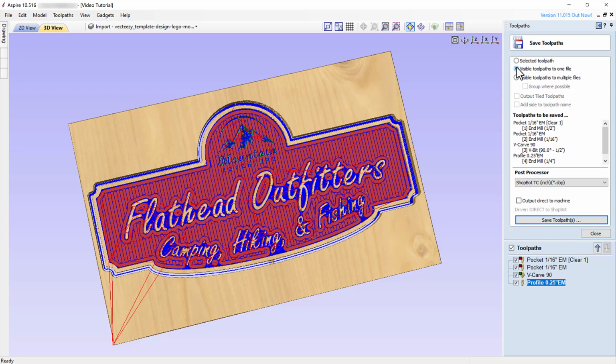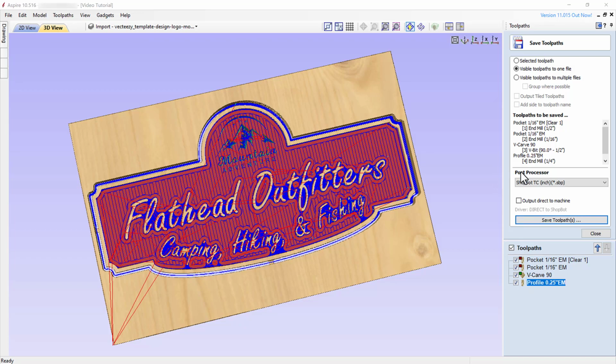If the tool numbers are all the same, you may not get a prompt, and your project will most likely be incorrectly carved and probably ruined. For our example, I will select the option to save visible toolpaths to one file, making sure all toolpaths have their boxes checked prior to saving, and move on to the post-processor part of the panel.